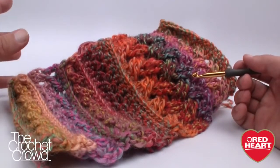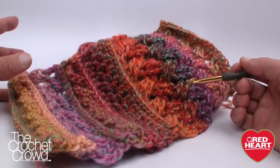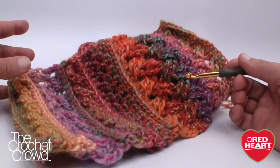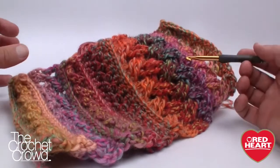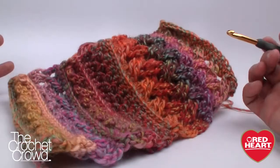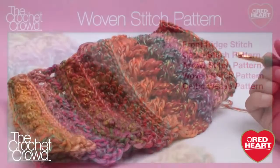In today's tutorial series, we're going to be learning the front ridge, cables, arrow stitch, the woven stitch, as well as the Celtic weave. Now the Celtic weave is what caught my attention on this Afghan in the beginning, and from that I've been able to learn. In actual reality, I've been running the Crochet Crowd for 6 years and I'm still learning new stitches. So when we come back, we're going to start off with our